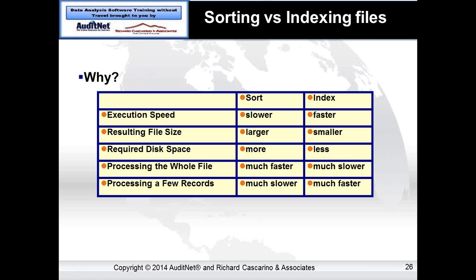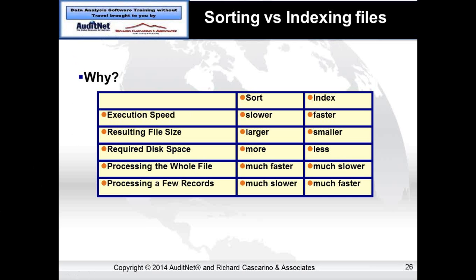That sounds like we never should sort. Well, there's a reason. If we're going to hit the whole file, every single transaction on that file, and these are mega files, you're talking 3 or 4 million transactions, 3 or 4 hundred million transactions, and I'm going to hit every single one of those, then that's 300,000 or 400,000 reads. If it's an index, that's 3 or 4 million reads of the index and then a read of the file. Read the index, read the file. Read the index, read the file. So that's going to take a lot longer to process.